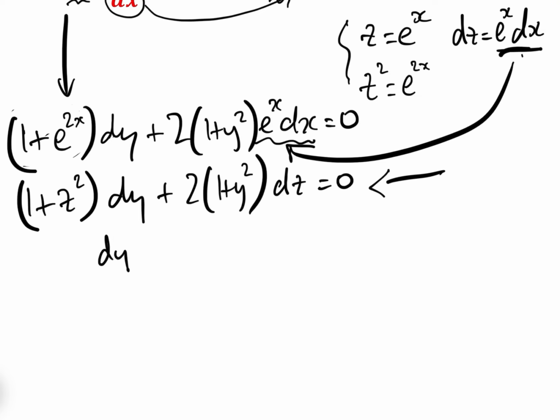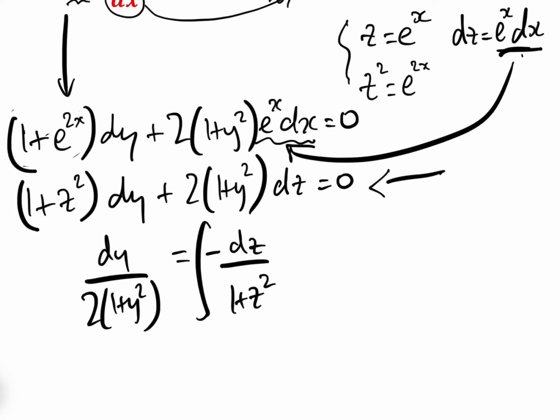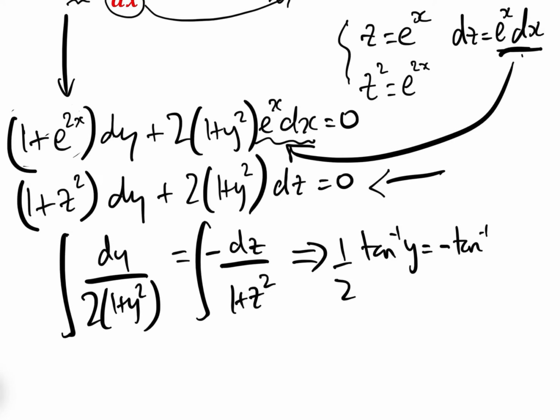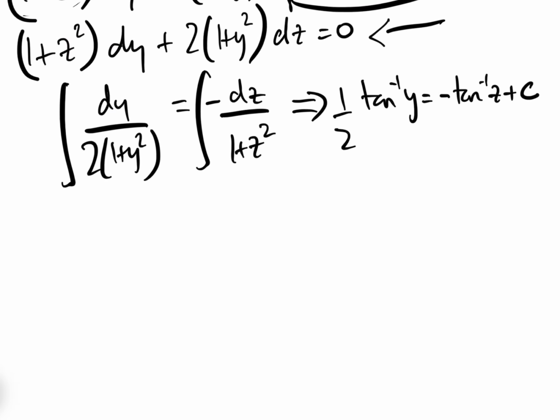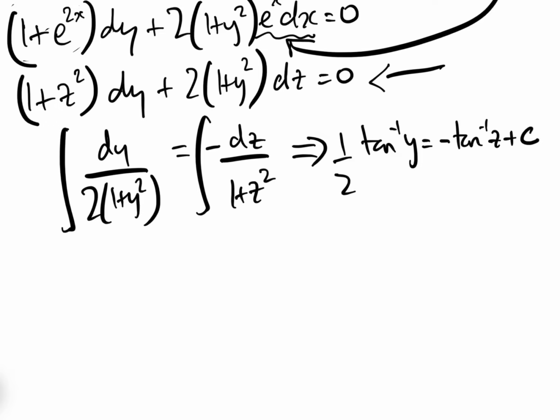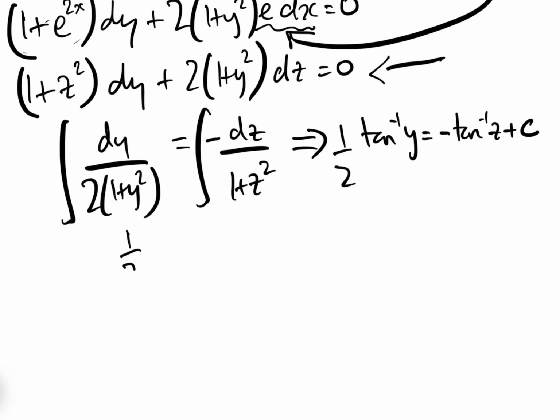And so now all we need to do is dy over 2 1 plus y squared, this is just the standard separation of variables, equals minus dz over 1 plus z squared. And then when we integrate both sides, we get the integral of 1 over 1 plus y squared is tan to the minus 1, so that gives us half tan to the minus 1 of y equals minus tan to the minus 1 of z add c, and we were told that y of 0 is 0, so basically let's put back the e to the x, so we have a half tan to the minus 1 of y